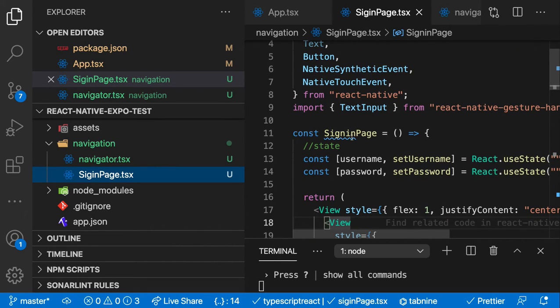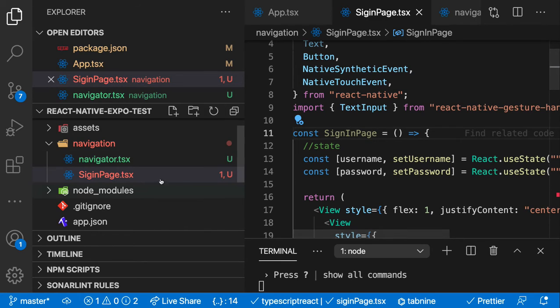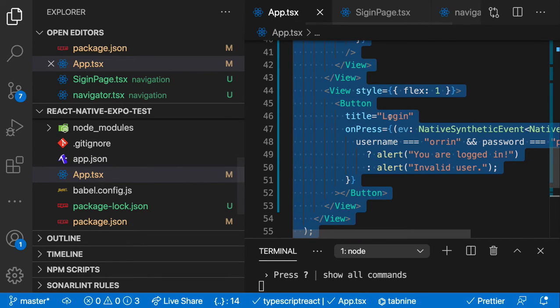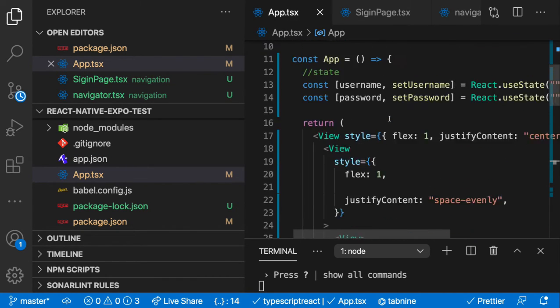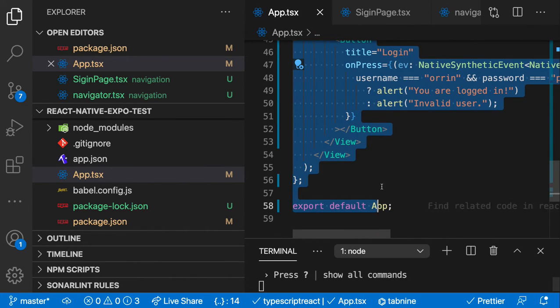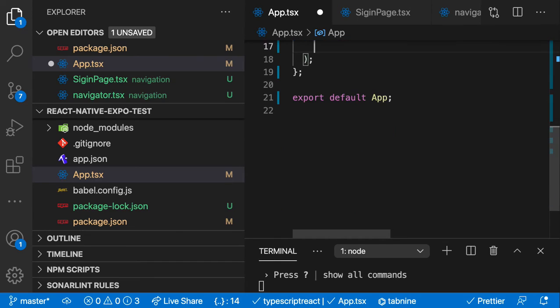Okay, so right now I'm gonna import this one. Make it sign in. Okay, this is better. I'm gonna copy this one. I'll go back to my app.tsx. I'll remove everything that I have here, and I'll only put